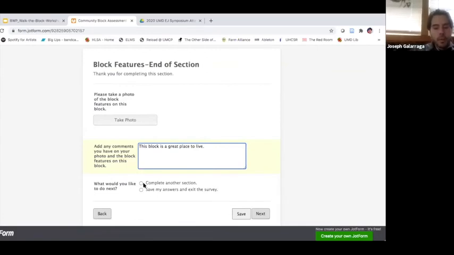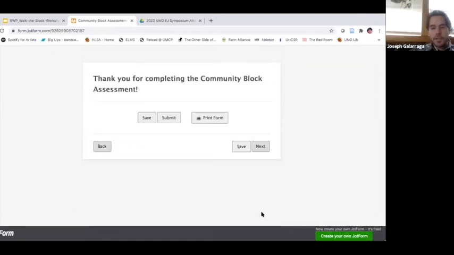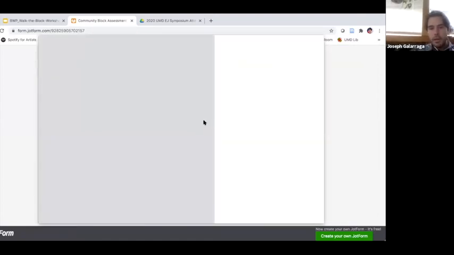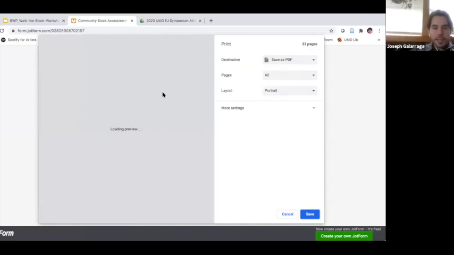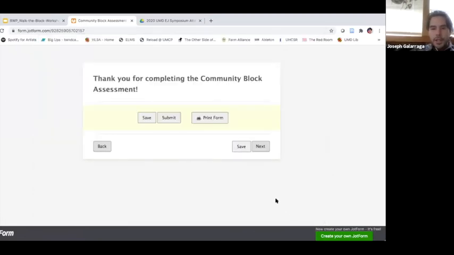So what would you like to do next? Complete another section or save my answers and exit the survey? Considering the time that we have right now, I'm going to save my answers and exit the survey. And what this does is that I could print the form. So, you might not be able to see this, but what you're able to do is print out